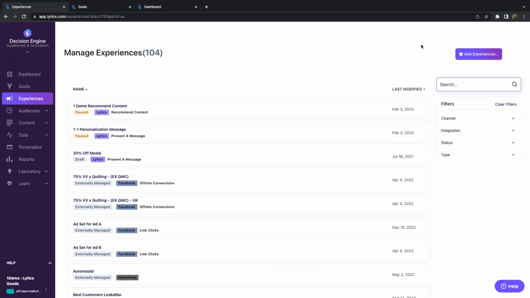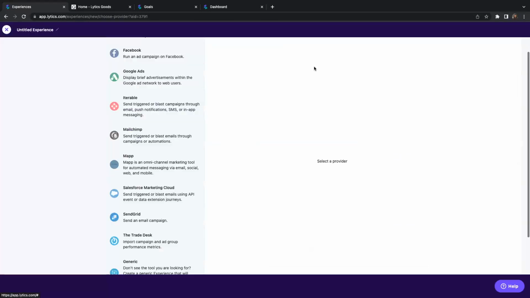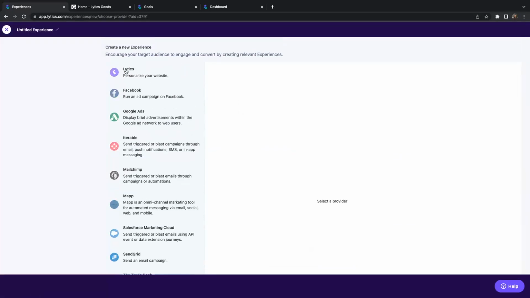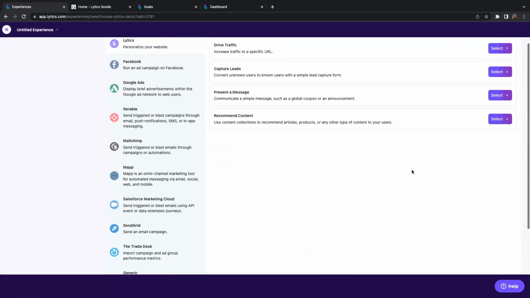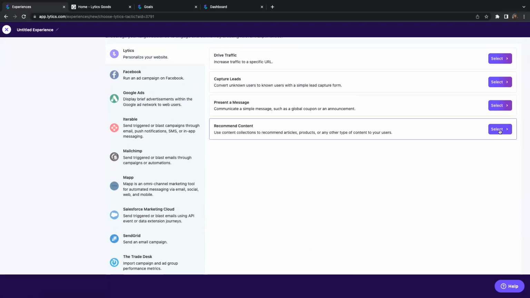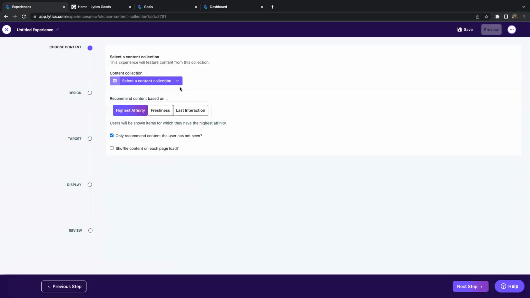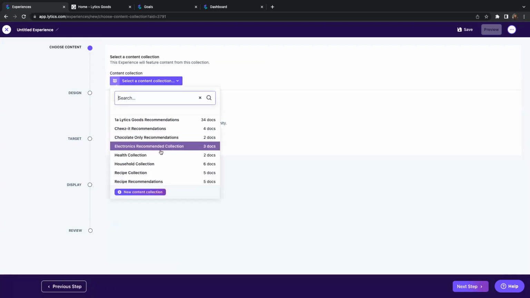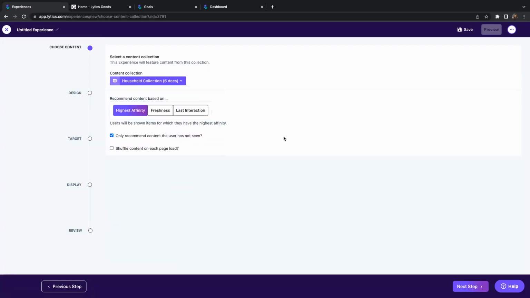On-site personalization capabilities are core to Lytics. Build triggered and audience-based experiences with a simple point-and-click experience builder. Here I can add website personalization to my site using integrated capabilities in Lytics. For example, let's make content recommendations based on users' activity on the site. We'll look at product recommendations and we'll make recommendations in the household collection based on most recent interactions that users